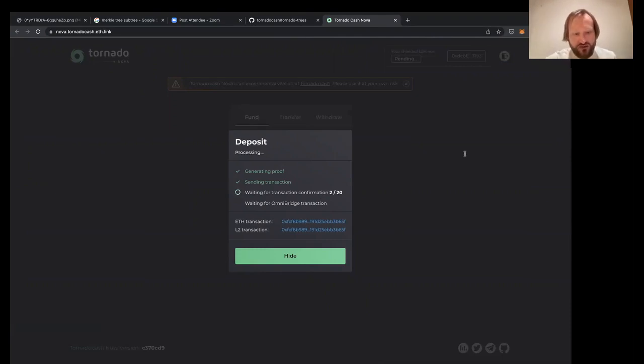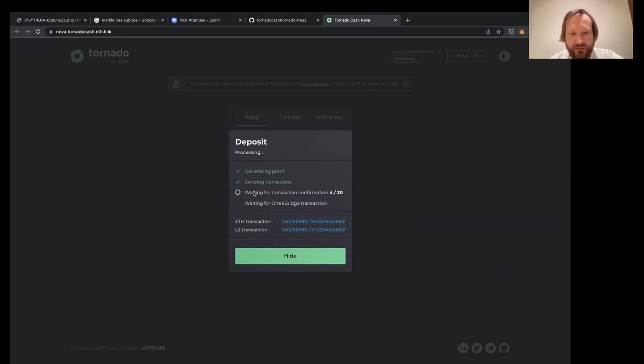When we do shielded transactions that have no external Ether, so there are no deposits and no withdrawals, just transfers to another address within shielded pool, this kind of transaction is done entirely on layer 2, so they are very cheap.